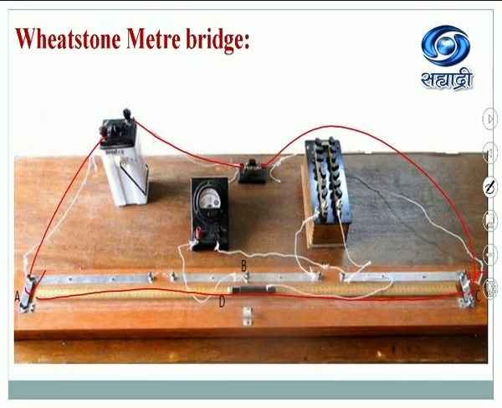Then this key is connected to the other end. The galvanometer is connected between two points. Say this is one end of the galvanometer connected to this point B, and this is another end which is connected to this jockey which slides over the wire. A resistance box is connected in the right gap, and there is an unknown resistance connected in the left gap. Say this is X. So this is how the arrangement looks when you do the experiment in your laboratory. Just for your information, I have shown this diagram.